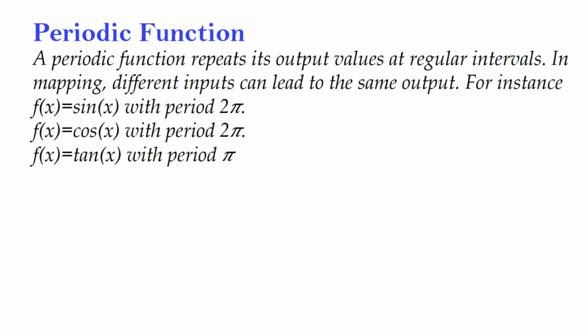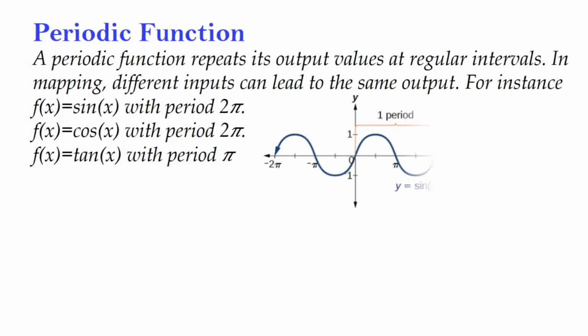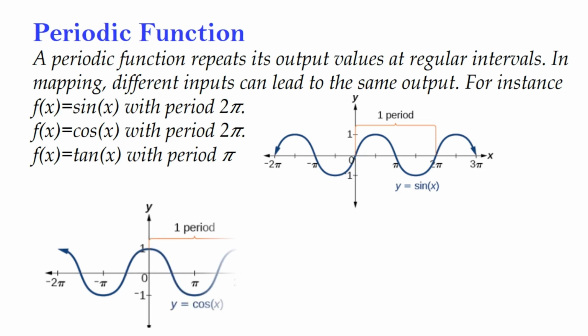A periodic function is one whose values repeat at regular intervals along the input axis. This means that for some fixed value t, f(x + t) = f(x) for all x. In mapping terms, multiple distinct inputs map to the same output repeatedly. Common examples include f(x) = sin x and f(x) = cos x, both with period 2π, and